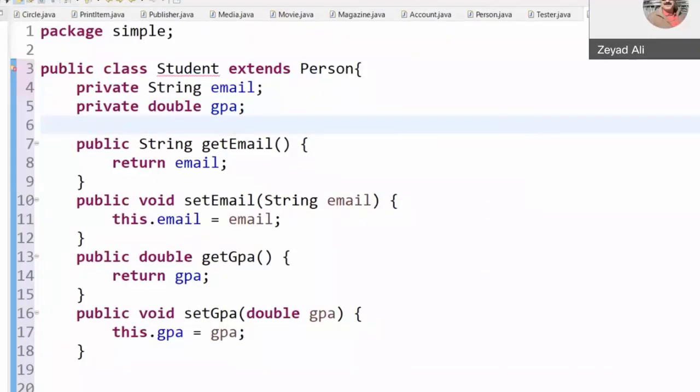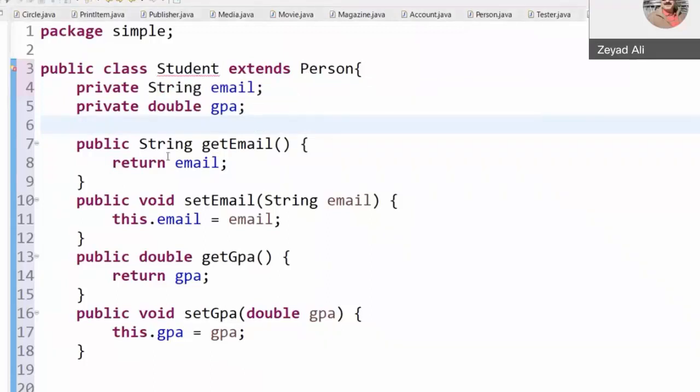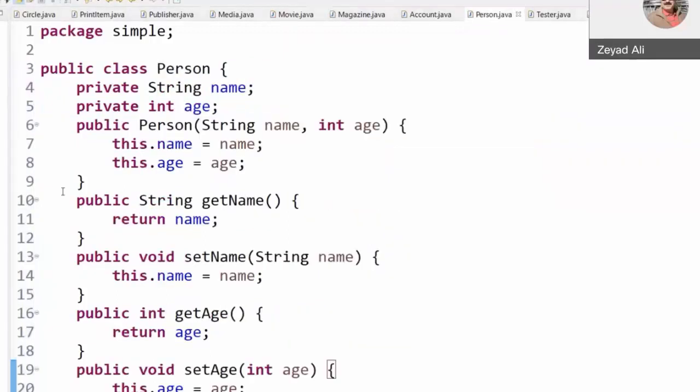Next, constructors are not inherited. So a student is a subclass of person. Everything in the person class is inherited. All the methods here, anything that is non-private is inherited.